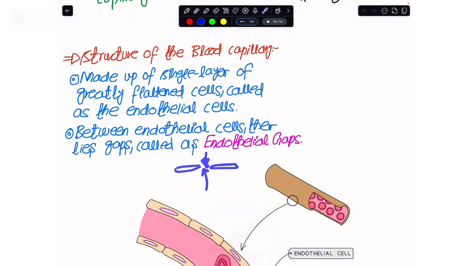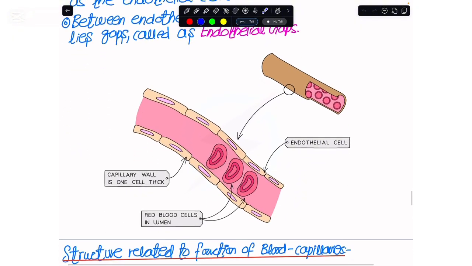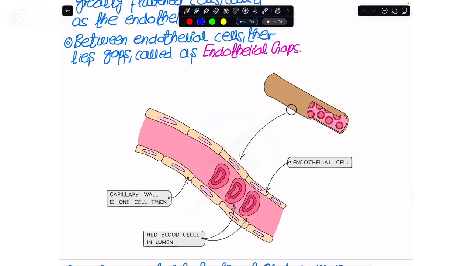And these pores are referred to as endothelial pores or endothelial gaps, from where some of the components of the blood plasma seep out. And that is important in fulfilling the requirements of the tissues that we have. So if I were to show you the diagram of the blood capillary,